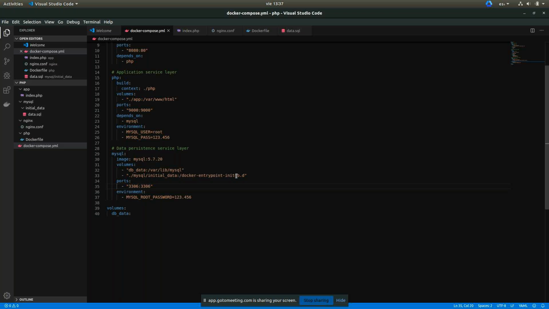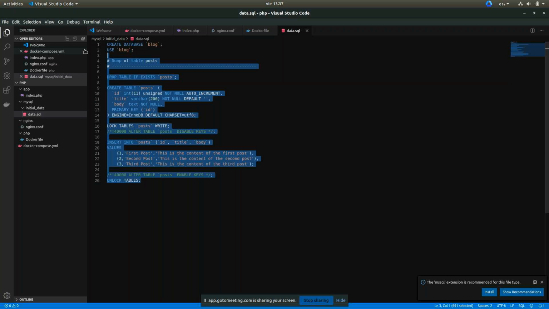This is an instruction for Docker: it executes any instruction that is stored in this file. In this case, in the initial data, we have a small SQL script that creates a database, adds a table, and sets 3 records in that table.